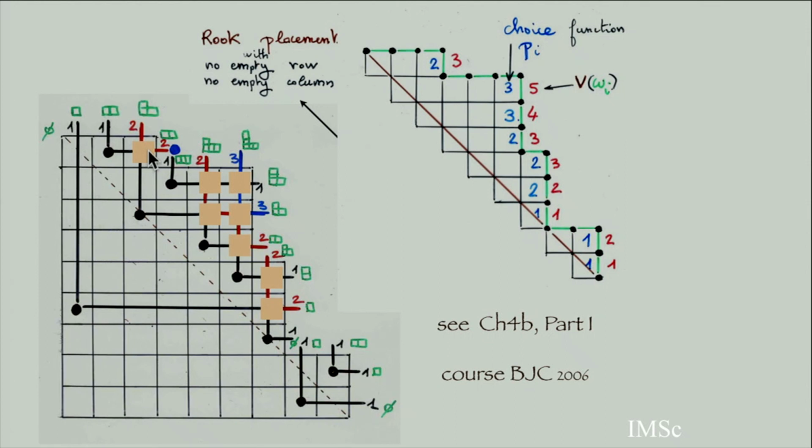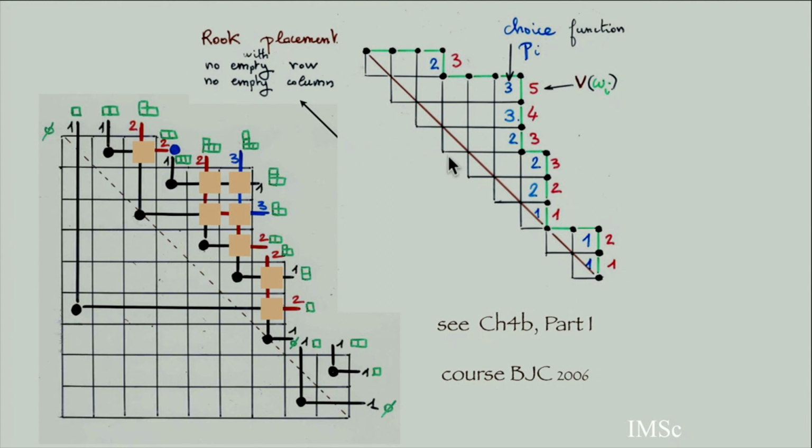Here, for example, I have to choose where to put one rook. There are 3 different cells, so there are 3 different ways to put one rook. I have chosen choice number 2. This was choice number 1, and this is choice number 2. Now for the next one, there are 5 possible choices, because now I have 6 cells, but 1 cell is forbidden. I cannot put my rook below this rook here. So I have 6 minus 1 equals 5 possibilities, and I took possibility number 3. I am numbering the choices from right to left: this is choice number 1, choice number 2, choice number 3.